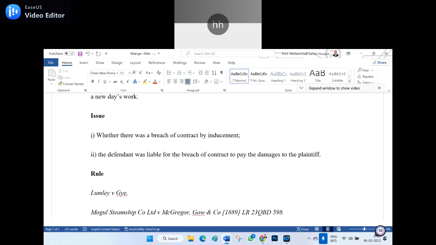Clear, Prof. Here the defendant means the person who induced one of the parties, and for the third person, he is a defendant. No doubt he is not liable under the contract, but he is liable under the